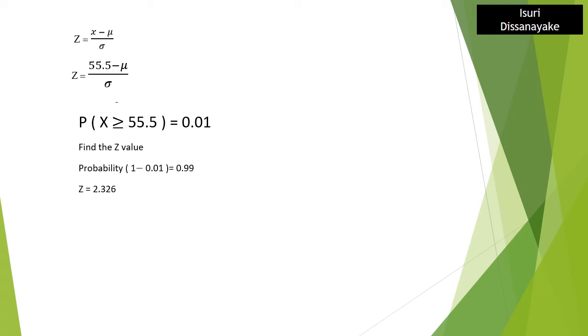We have to find the z value that gives you a probability of 0.99, because in the normal distribution tables the probabilities are given from left to right. So we have to take the readings which cover a probability of 0.99. So the z value which covers a probability of 0.99 is